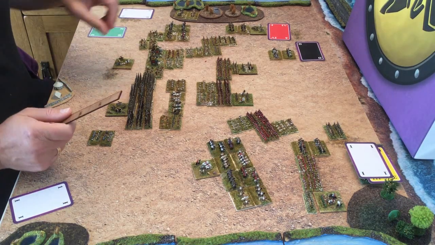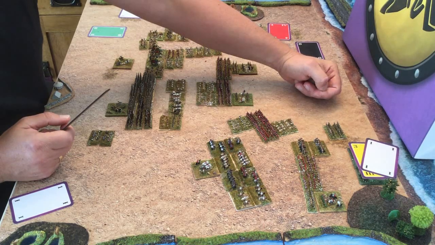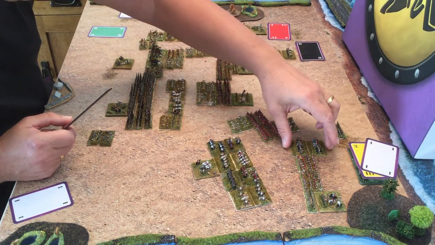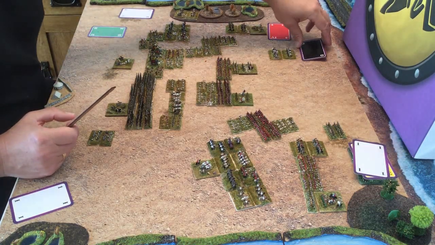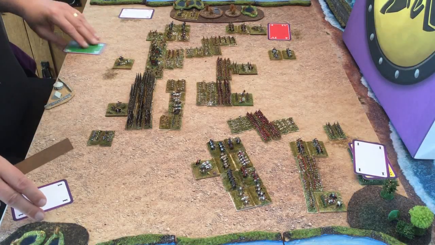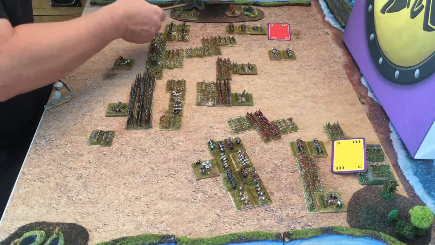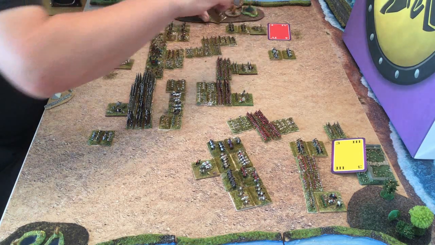Back to the Romans. Don't really want to block anything particular out at that point, so they're going to pass. They'll discard a black, and that probably makes for the last move over here being a green there, and then they would discard a white over that side, and the only thing that's going to happen now is these annoying skirmishers are going to come forward 4 and get within range to throw a few javelins